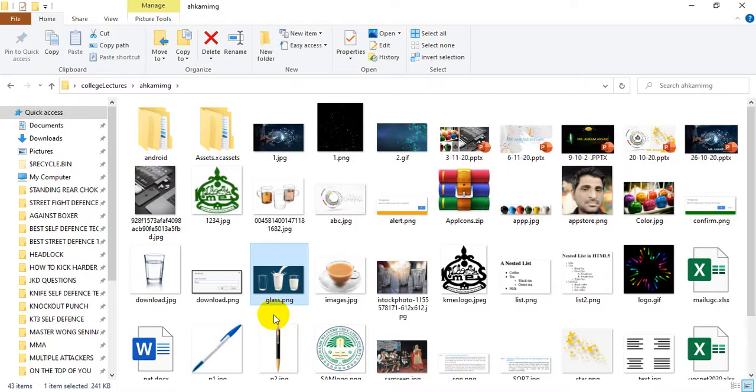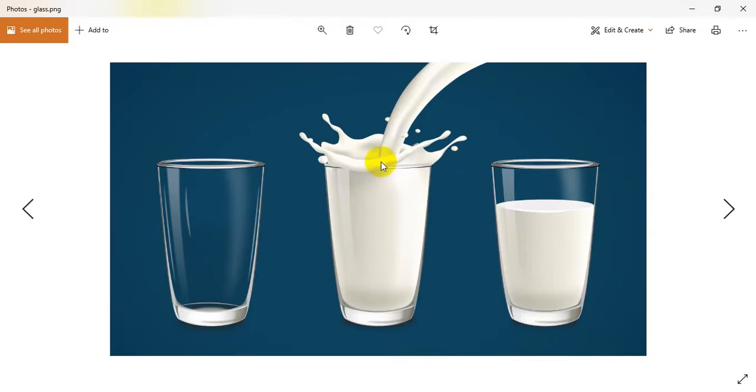So when you run your program, it will not display because the file has been corrupted, or there are a number of issues with the image, audio or video. So it's safe: open that file and check whether it is working or not. Let me open that file. Okay, yes, it's working. Now you can add this file.